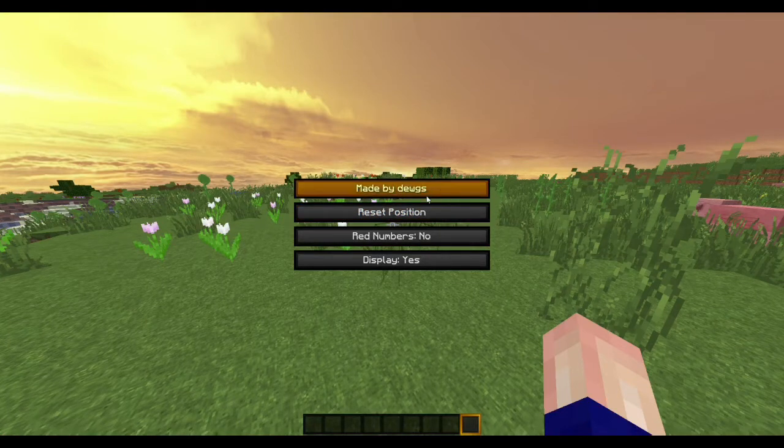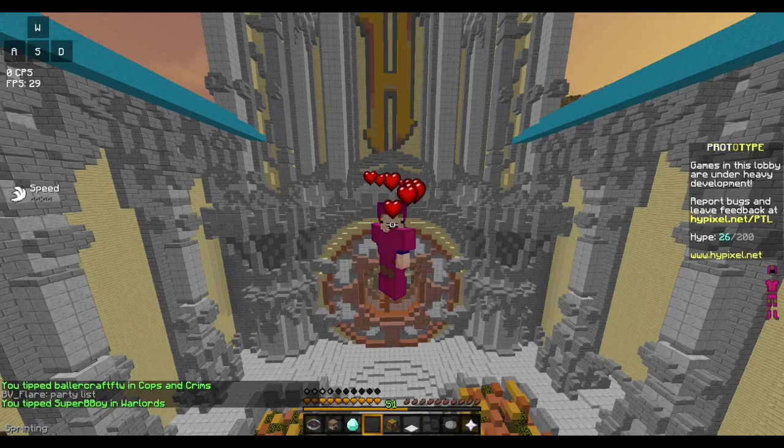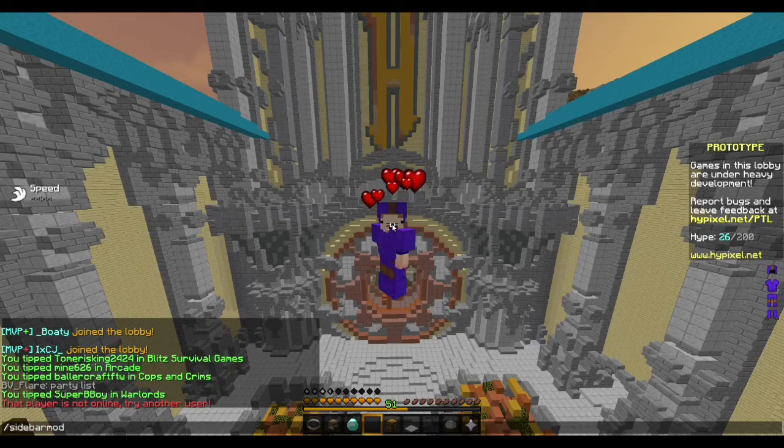So you can reset the position to wherever you want, show the red numbers, which does happen on Hypixel, and you can display. So as you can see on the side of my screen, it says prototype games in the top here under heavy development. That's the sidebar. So let's type in sidebar mod again,